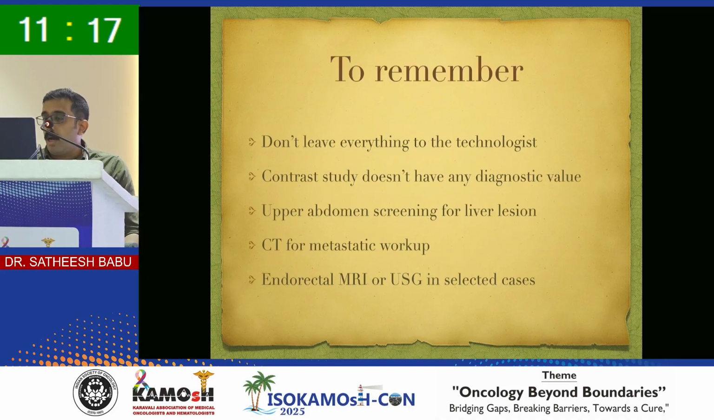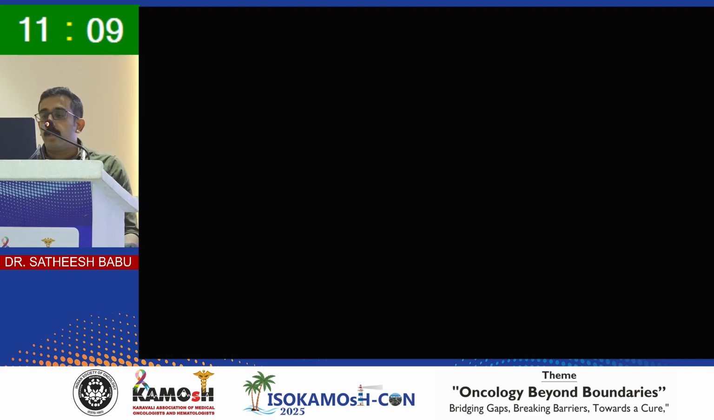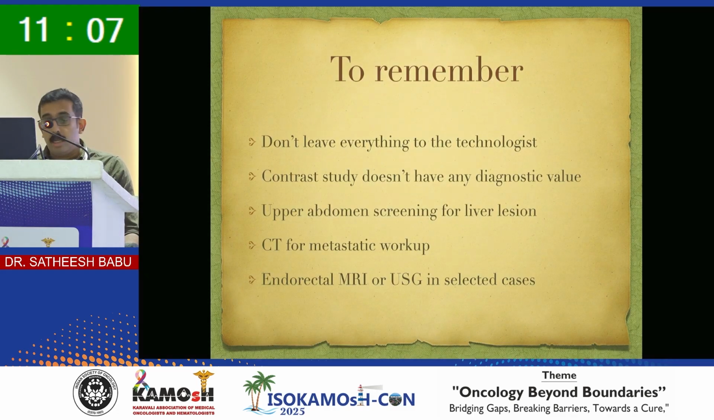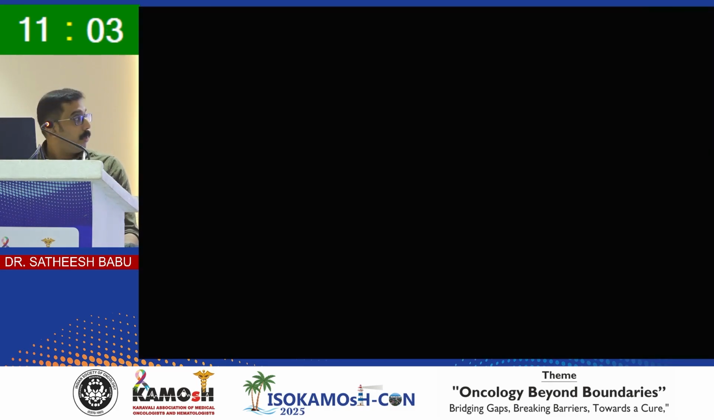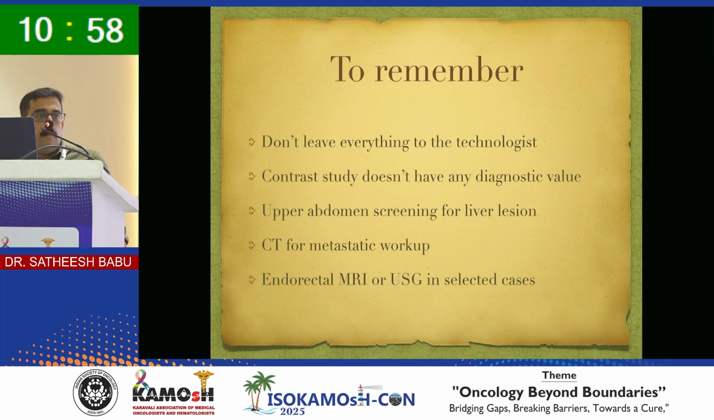Okay, so how to start? You have to remember that it's not just interpreting the MRI that's important. It's important that you take it properly. So you should not give everything to the technologist. Contrast study is not needed because it doesn't add any value. Upper abdomen screening is important. Endorectal MRI and EUS are used in selected cases where you want to know whether it is a